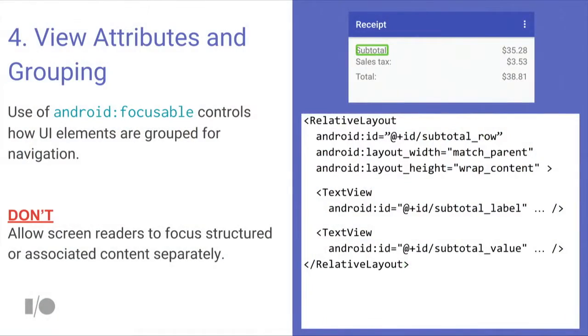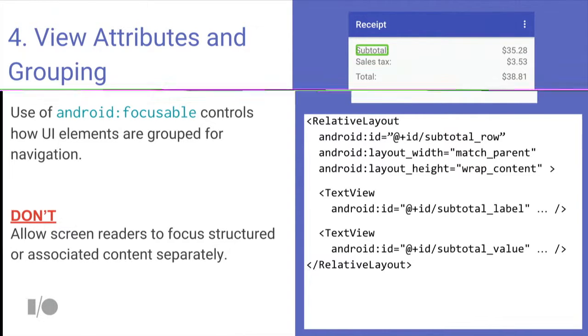View attributes can also affect how screen readers navigate content and present content to users within your application. Here we have an example of a receipt. We have information in this UI that is associated. We have a subtotal, tax, and a grand total that has a key value relationship with other views on the screen. Since these values are associated, what we'd really want is this information to be spoken as one logical unit